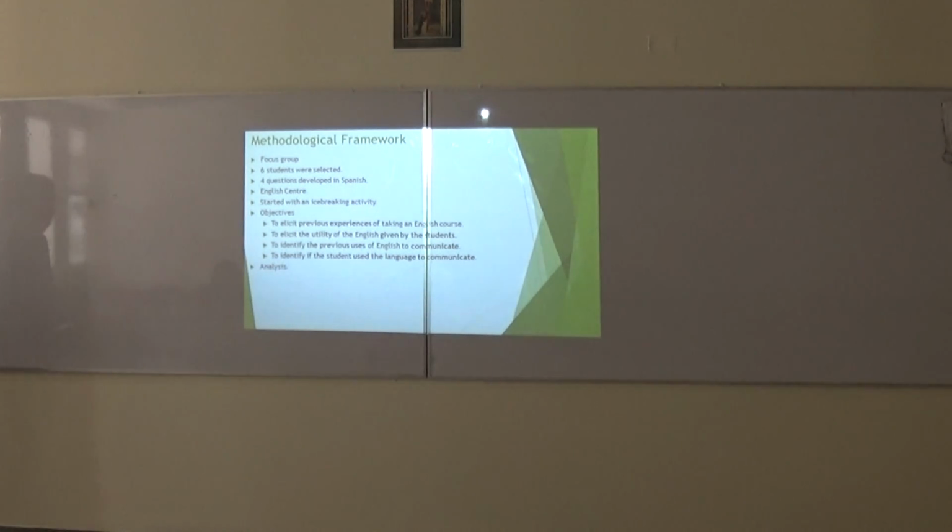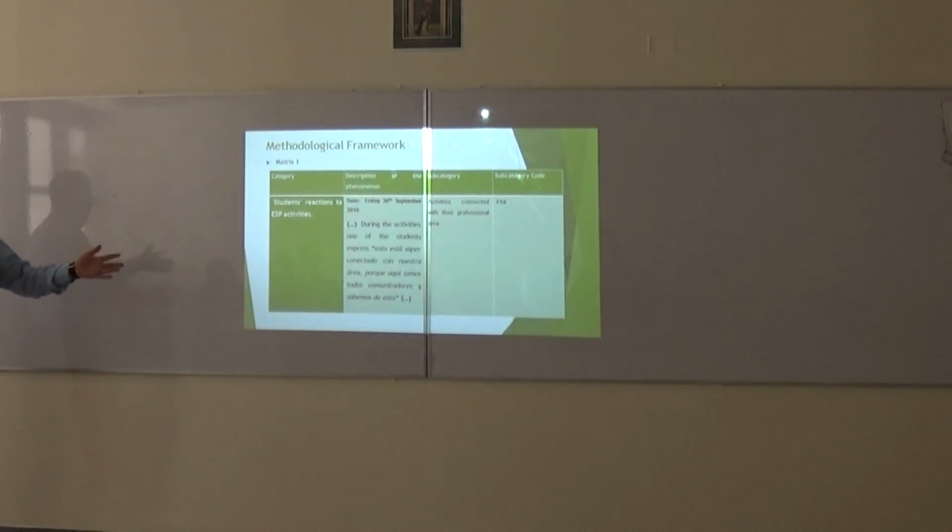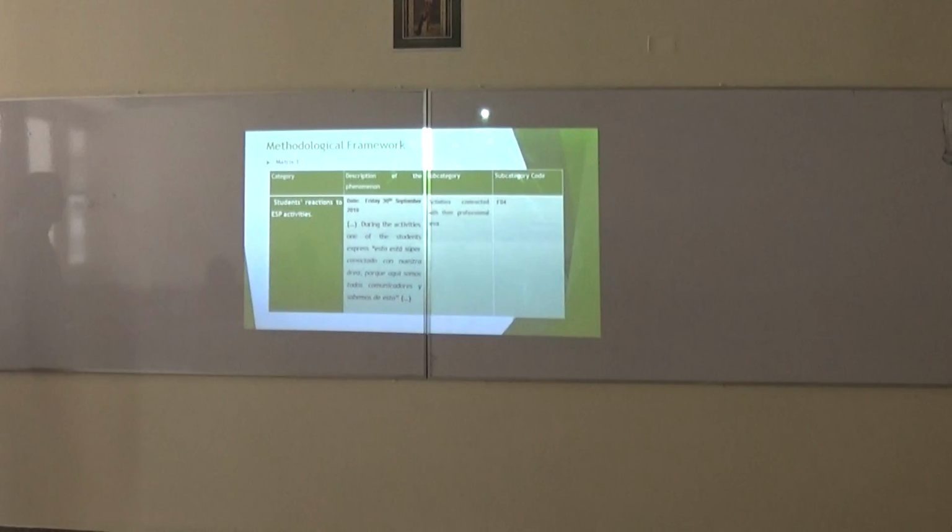The analysis for this data was by categorization. As we know from previous courses, I used the same template that Rodriguez, Gil, and Garcia and Galeano provide, which organizes the information through columns, from the more general aspect to the more specific one, and also assigns them a code or suggested comments. Here's a sample of my categorization method. We have the category, the description, and also the code I mentioned before.